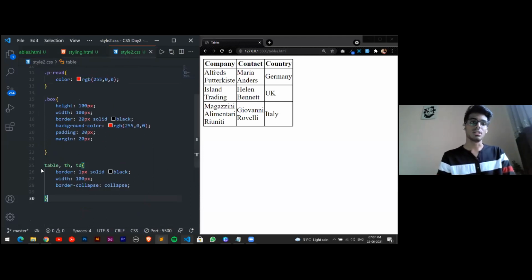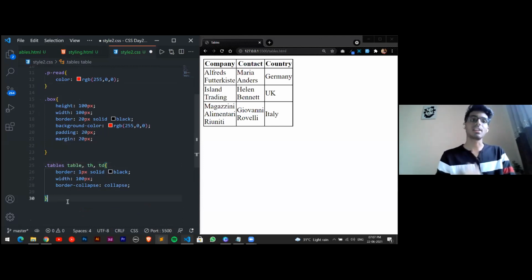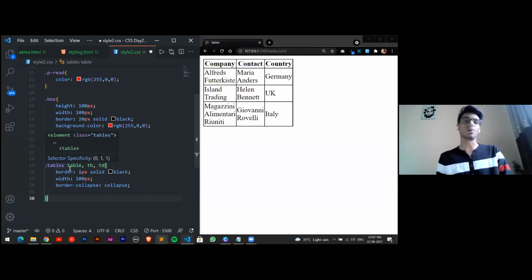I'll just say dot class, so that is dot tables. So now what will happen is, for the class which we have used, for that particular element, these properties will be applied.